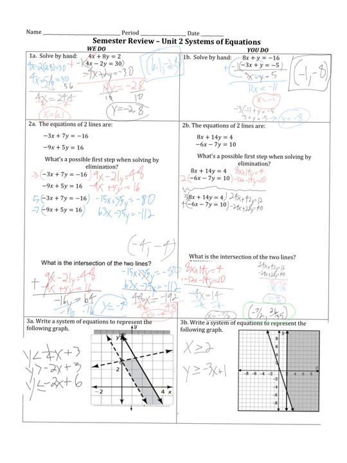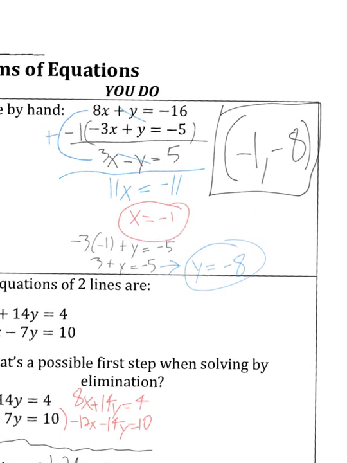Okay, so solved by hand, I saw that I had 2 positive y's, so I multiplied everything by -1 on this equation. So that changed all the signs. So now I have positive 3x minus y equals positive 5, and then I added the two equations together. 3x plus 8x is 11x, negative 16 plus 5 is negative 11, so dividing by 11 gets you x is